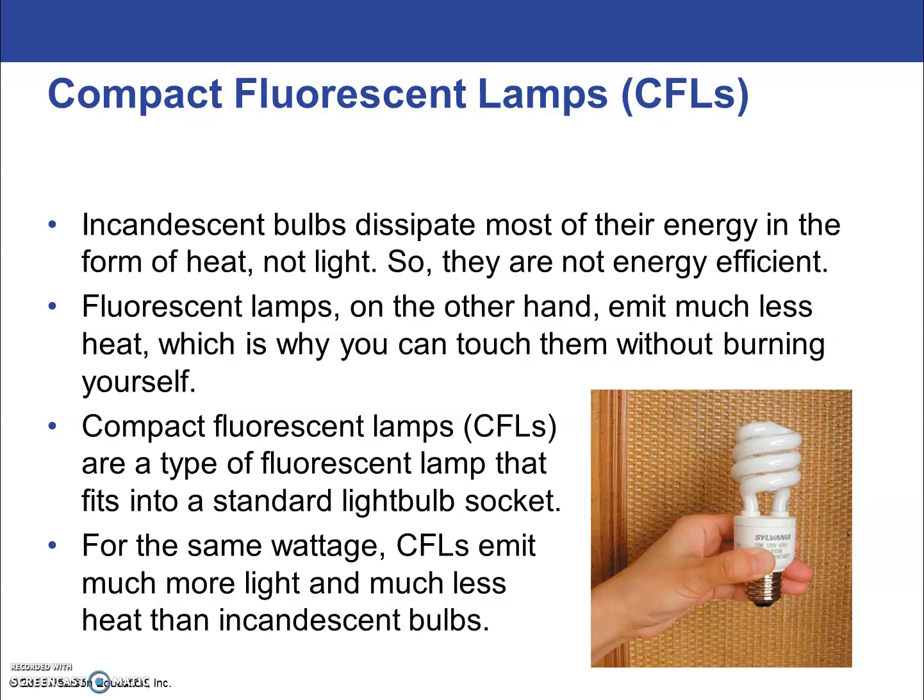And so fluorescent lamps are much more efficient. They emit much less heat. Again, you can test this. You'd feel less heat with putting your hand near a fluorescent bulb than you would an average incandescent bulb. And so by putting out less heat, that means more of that energy is actually going into light, into what you actually want to use the lamp or the bulb for. So fluorescent lamps have been turned into, or we have now compact fluorescent lamps, CFLs, which are fluorescent lamps that fit into a standard light bulb socket. And again, they are much more efficient than an incandescent bulb. They'll save you money